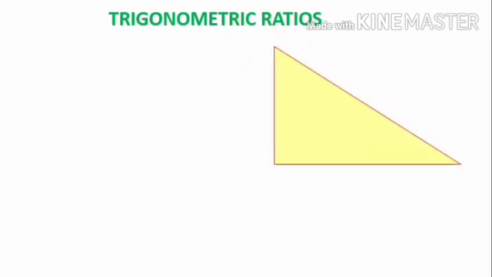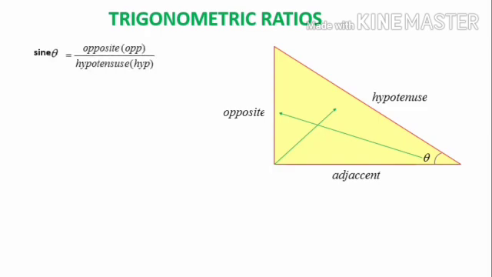There is a right triangle and there is an angle which is marked as theta, and the side opposite the 90-degree angle we will be marking as hypotenuse, and the side which is opposite to the given angle theta is the opposite side, and the side which is left over, that is the adjacent side. And the first trigonometric ratio is sin theta. Sin theta is equal to O divided by H, means opposite side divided by hypotenuse.